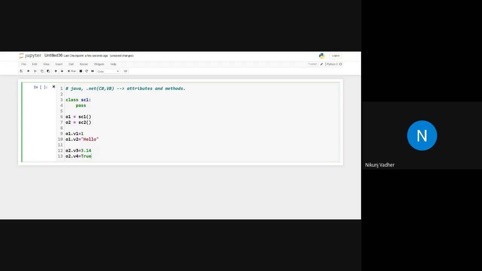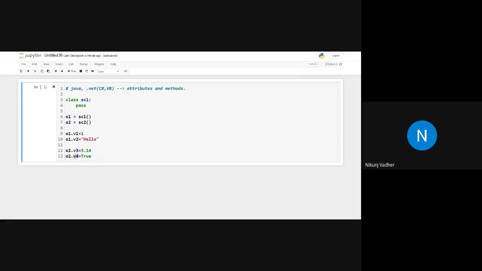Now here you can see neither have we specified V1 nor V2, neither V3 nor V4. None of these variables were specified in the class.